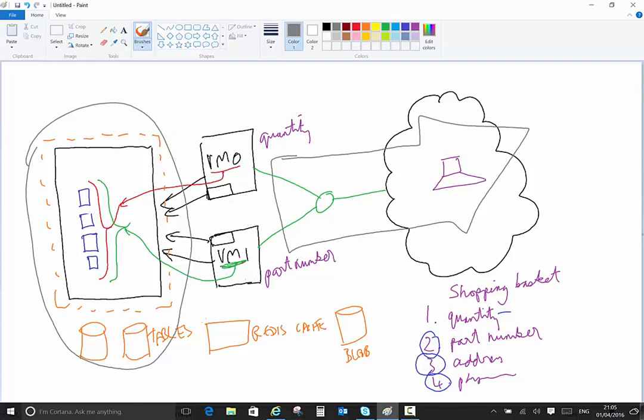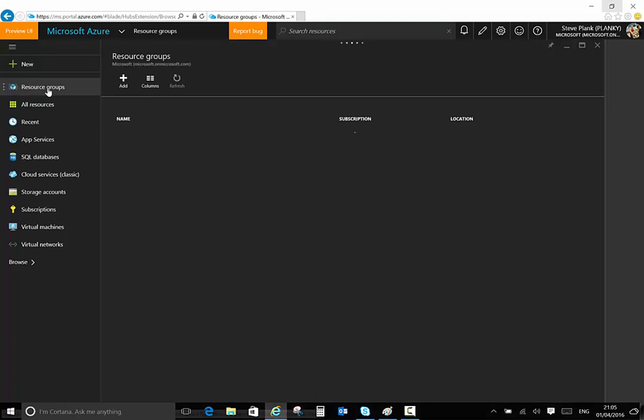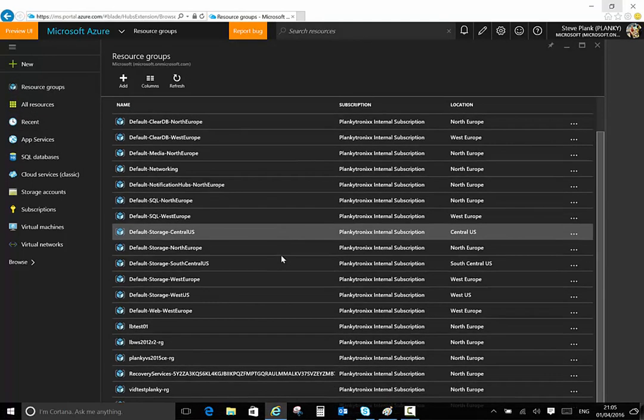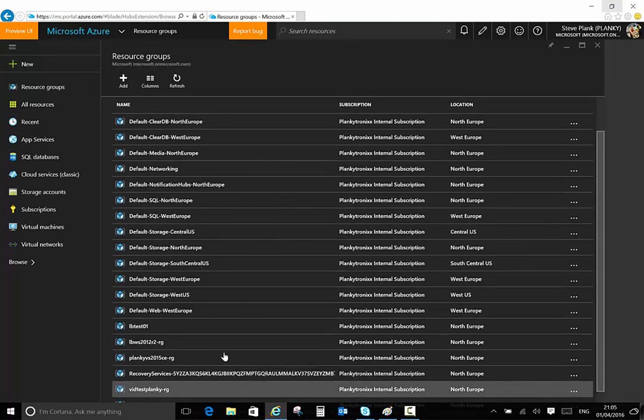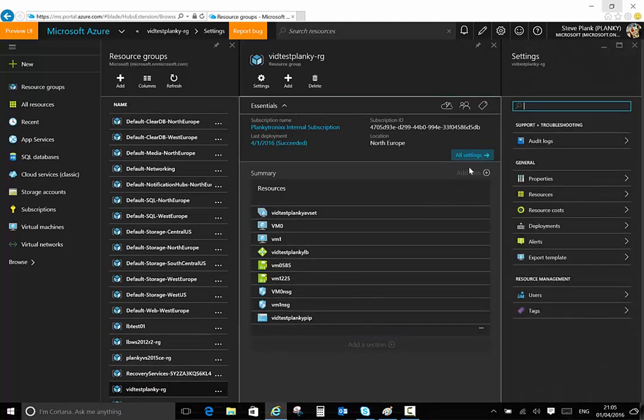The next thing I'd like to show you is in the portal. If we go to the resource groups, and we're going to find our resource group, vidtest planky, and we have a look at the settings here. Can you see there's an export template here? So if I click that button,